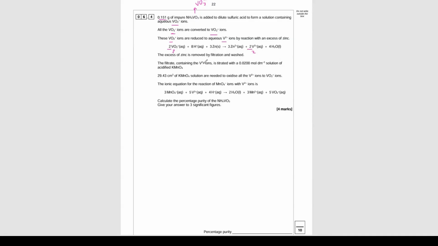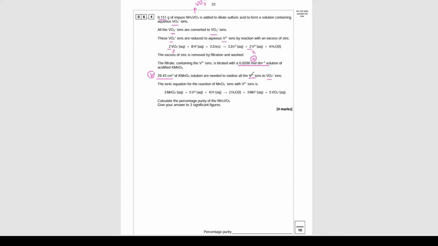This filtrate with the vanadium ions is then titrated with a 0.02 mole per decimeter cubed. Identify what that is. That's the concentration. Circle it, highlight it. Solution of acidified potassium manganate, that means we've got hydrogen ions knocking about, 29.43 centimeter cubed. What is that number? That is the volume of solution I needed to oxidize all the V2+ ions to VO2